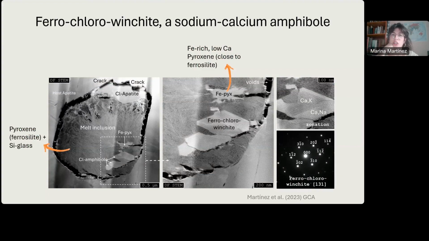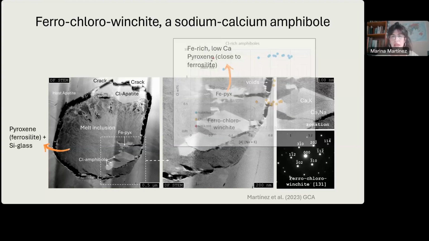It's a sodium-calcium amphibole that also shows some zonation. And then we also saw iron-rich low calcium pyroxene close to ferrosilite, as well as in the residual melt inclusion